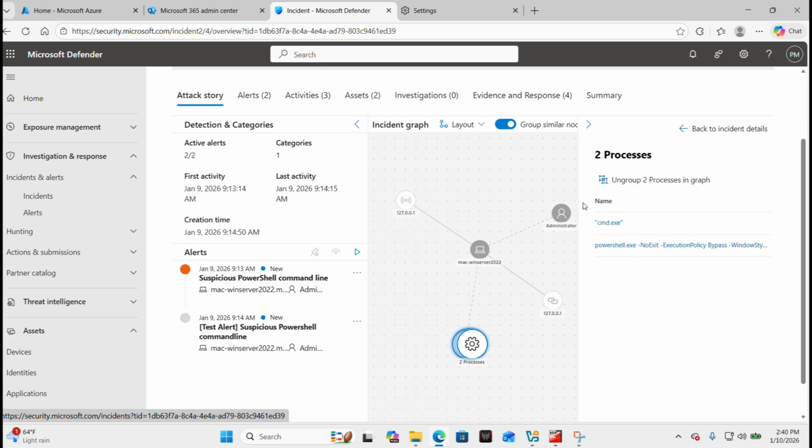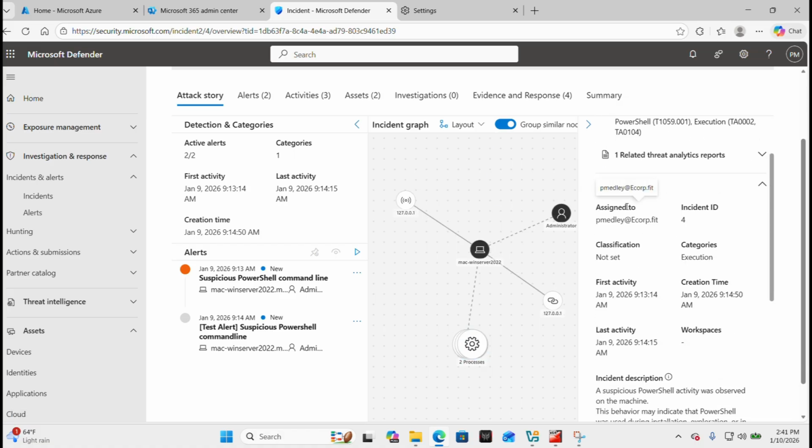So what I want to go ahead and tell you is that I did start off in the CMD and that I elevated to PowerShell. So the fact that Microsoft was able to immediately log this and immediately figure, okay, this was done on this machine is actually very, very impressive. But I guess moving on,